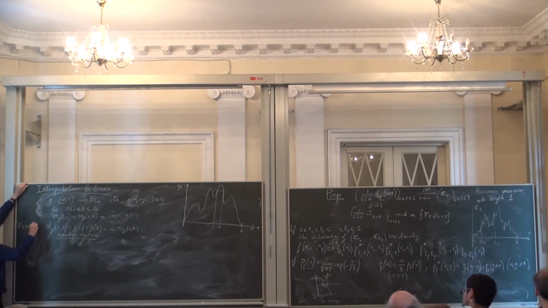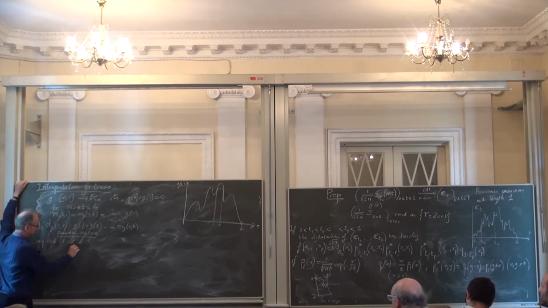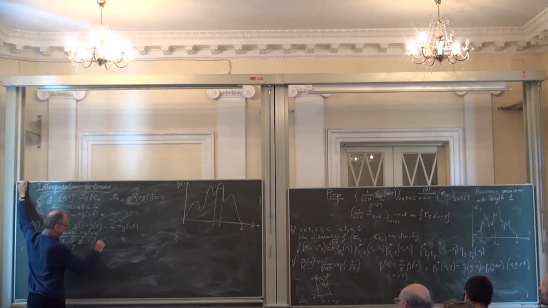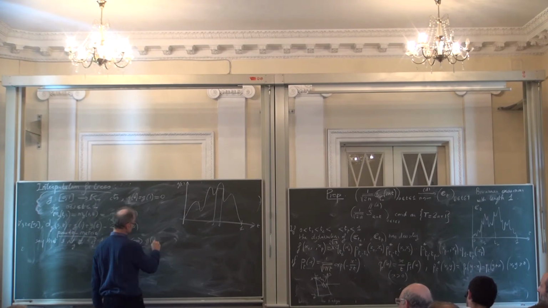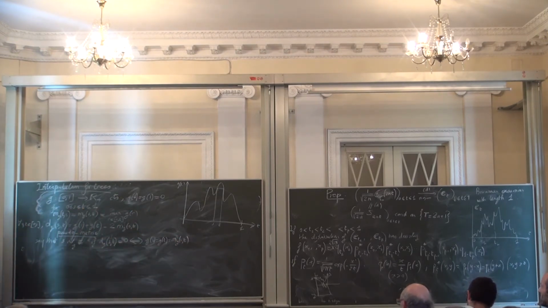So my space here is the interval [0,1] by the equivalence relation where you identify two points at distance 0. Okay? So say that s is equivalent to t. I put a g here to remind you that this equivalence relation depends on g. If d_g(s,t) is equal to 0, and this is equivalent to saying that g(s) equals g(t) equals the minimum of the function between s and t. Okay? And then you are going to take a quotient space.